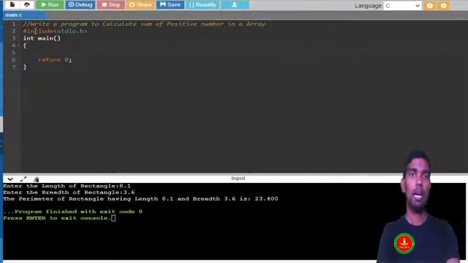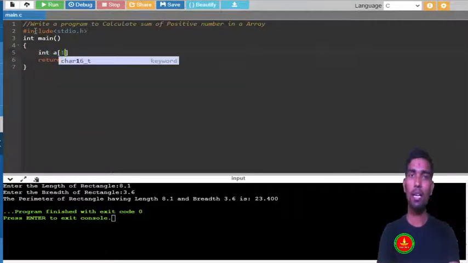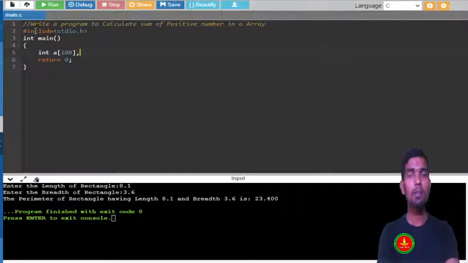So again I have to go back. What we are going to do is read one array. First we have to declare one array, a, and the size we are going to give is 100. As I have mentioned, you have to declare the array size at the time of declaration itself if you are using a static method.